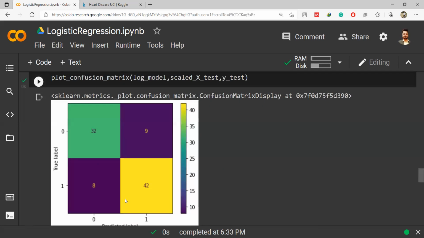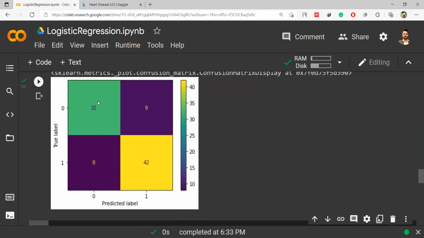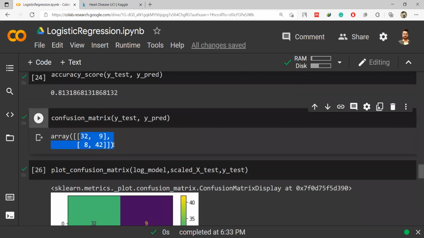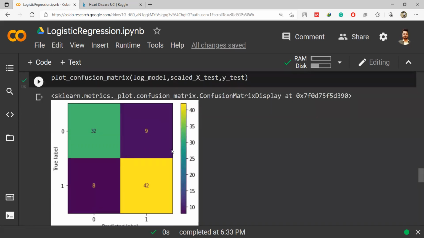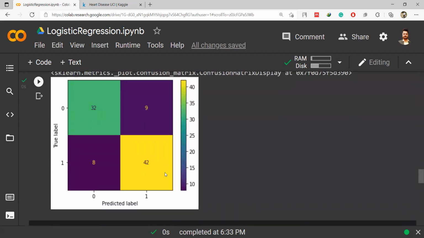So here you can see that 0 being called 0 is 32. So 32 is true negative, and 1 being called 1, true and predicted 1, is here 42. So this 42 is my true positive. Then 1, true 1 being called 0, what is this? False negative, because you are actually calling this negative, but it is false to say it is negative. So false negative value is 8 and false positive value is 9. So these are the four values that we could not verify the meaning of, but after plotting the confusion matrix, we can be very sure which one is true positive, which one is true negative, all of that stuff.